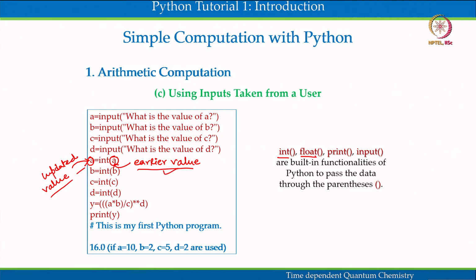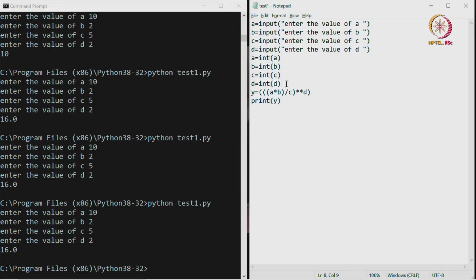Another thing which we have shown here is that a text is written with a hash sign, and this is something you should remember in Python programming. Everything we write after the hash will not be executed and is not part of the program; it is just for instruction. So I will show on the laptop with a hash. If I write down, this is my first